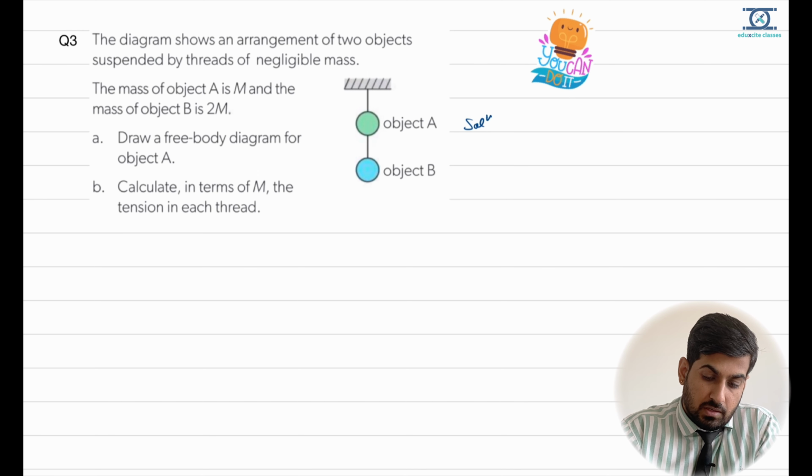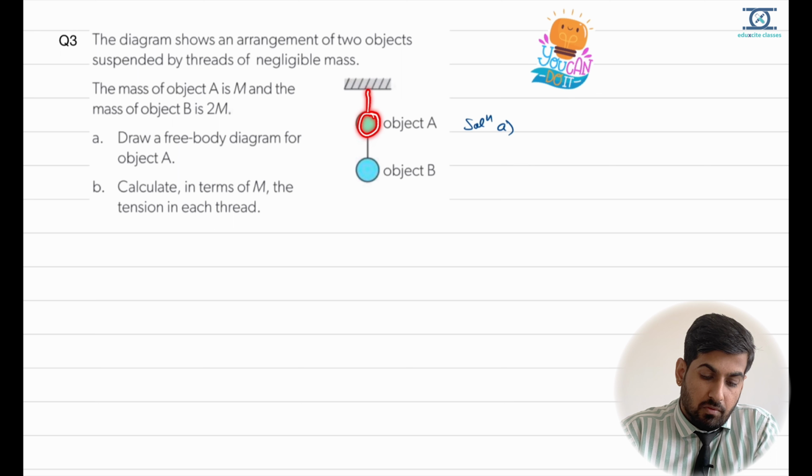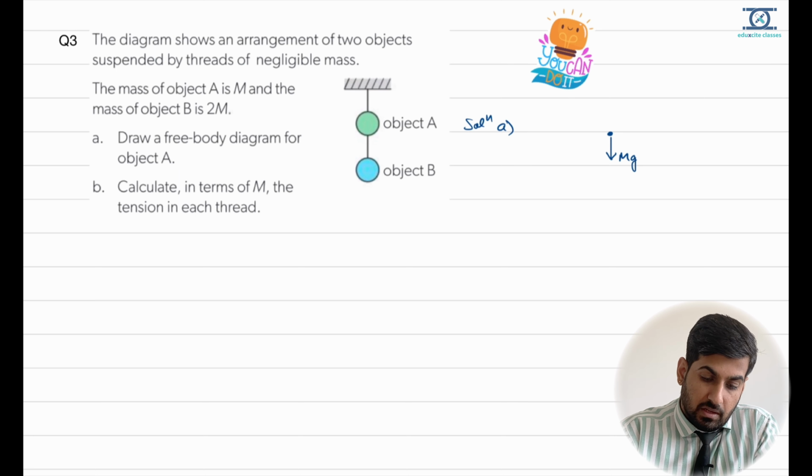Okay, now for the A part, we have to draw the free body diagram of object A. Now if you look at object A, just look at how it has been connected. So object A will have its own mass, and the mass of object A is capital M. So if I consider the object A as a point mass, the M into G I can write like this. This is the weight of object A. There is a tension above, so I can draw a tension T A, or let us say T1. This is T1